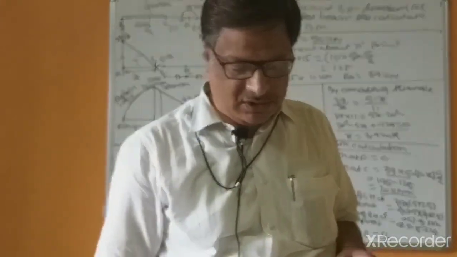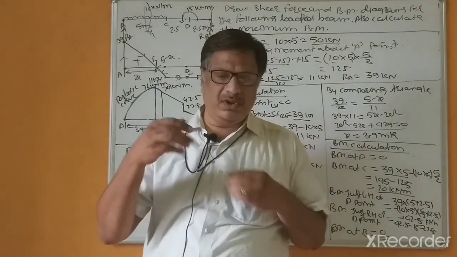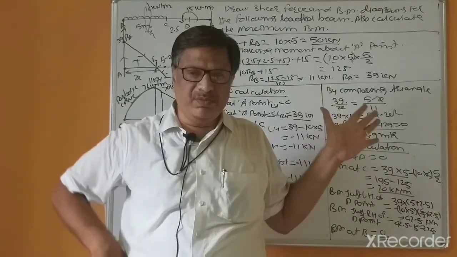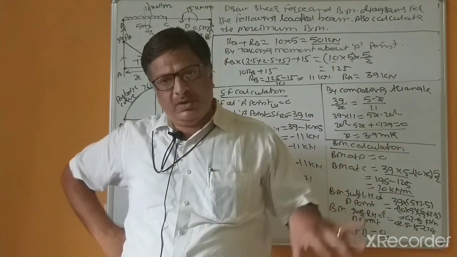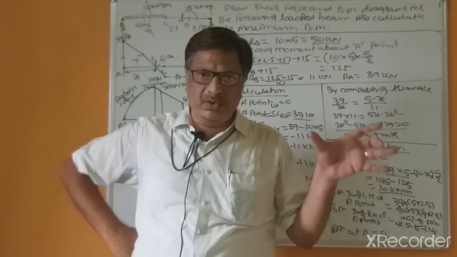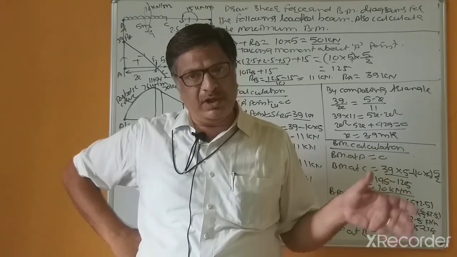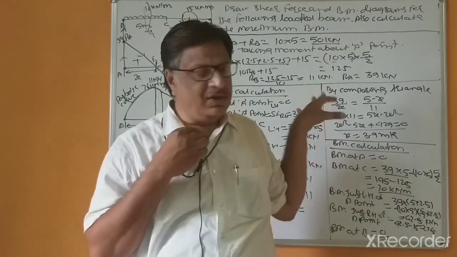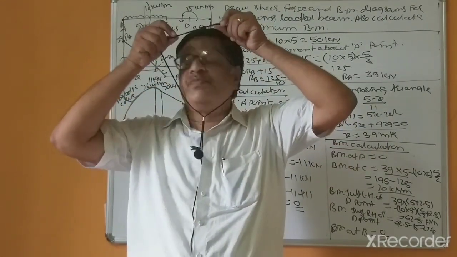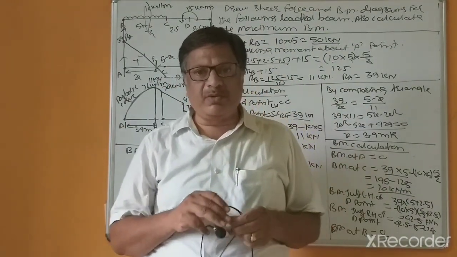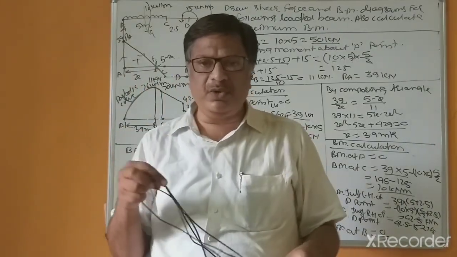So this is today's third problem. Due to limitations of time, today I stop here and we will continue in the next class. For simply supported beams there are three types of problems: only point loads acting, point loads plus uniform distributed load acting, and the third type, point loads, uniform distributed loads and moments acting. These three types of problems I have already taken, but if any problems remain, I will take them in the next class. Otherwise we can start the second type of problems, simply supported beams with overhanging beams. So I stop here, and we will continue the remaining course in the next class.